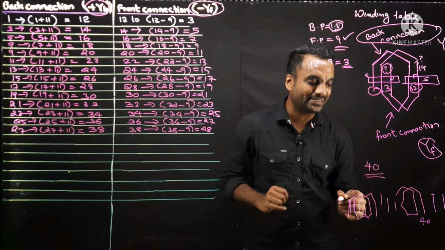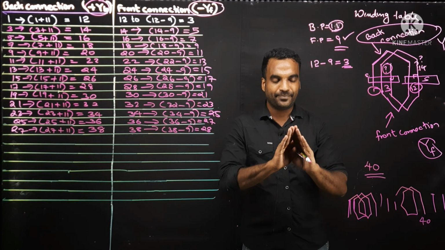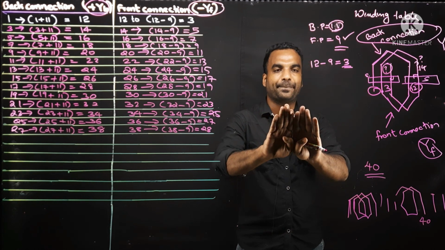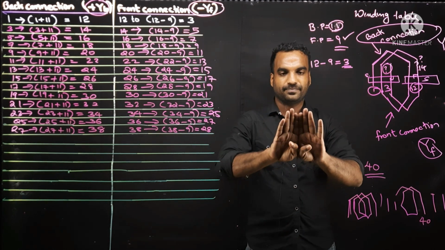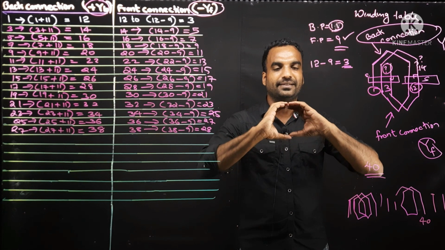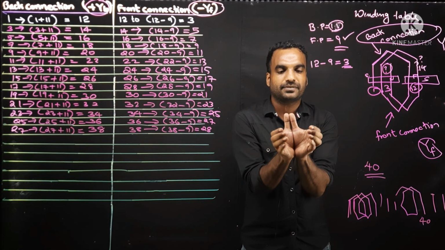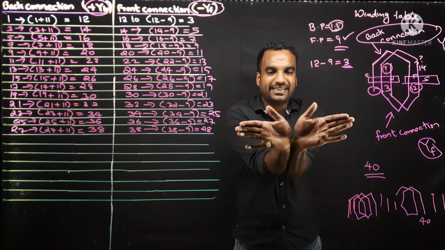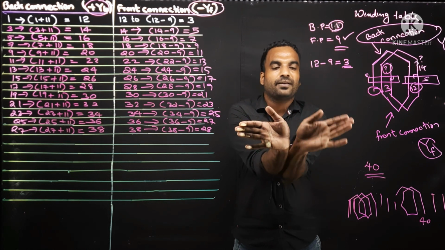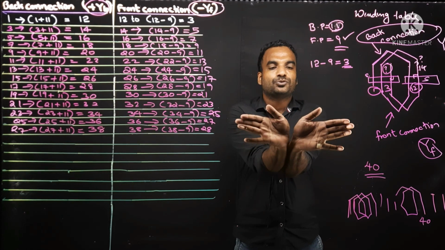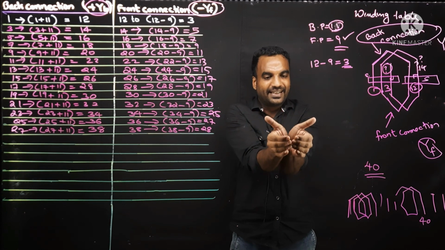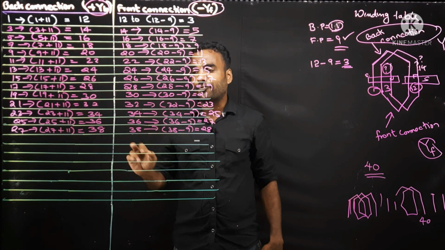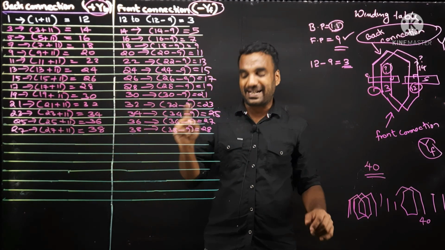42 will be 2 itself because it is a cylindrical thing and we are just cutting one side, opening it and placing it on a paper like this. Suppose this is the machine, a cylindrical thing, and I am opening it and placing it on paper. So this side represents 1 and this side represents 40. So 41 means it is 1 itself. You have to be very careful about the count when you reach the maximum number.